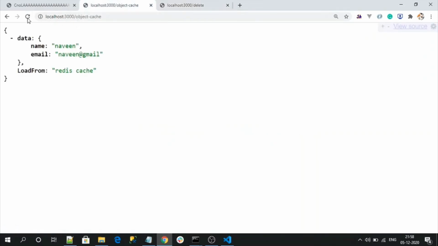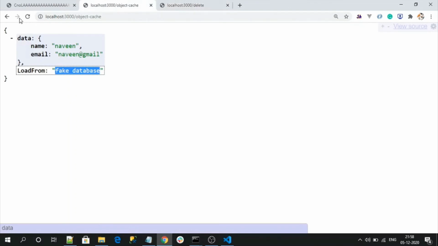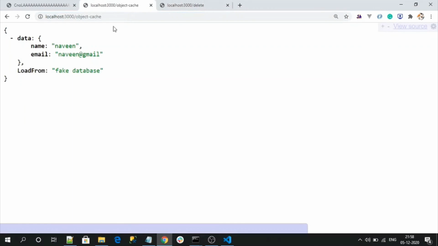So it's executed, deleted. Let me refresh this. See here, again data is getting from the database because our endpoint has cleared the cache. If you want, again we can try. See, it is now loading from cache, right? Let me call this delete API and again check here. See, coming from the database.